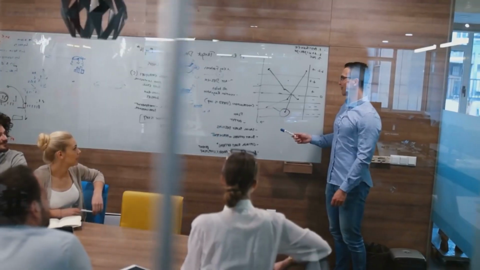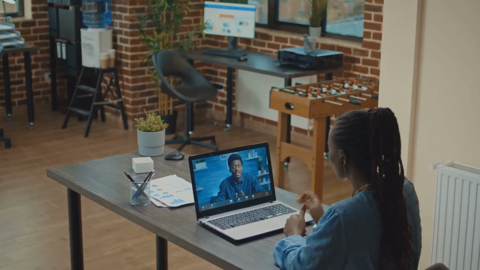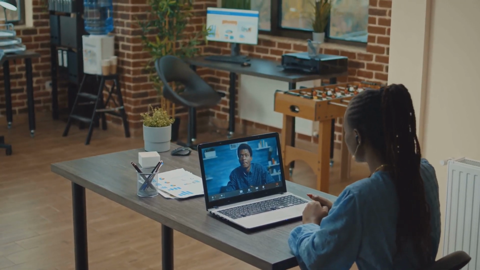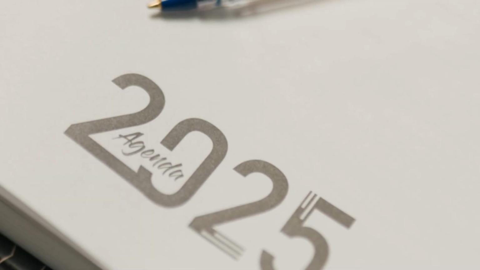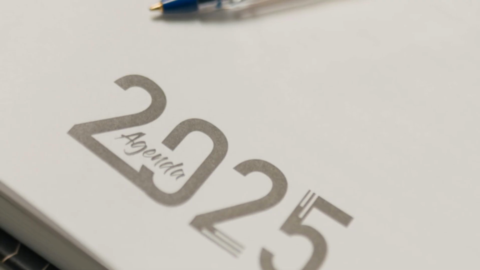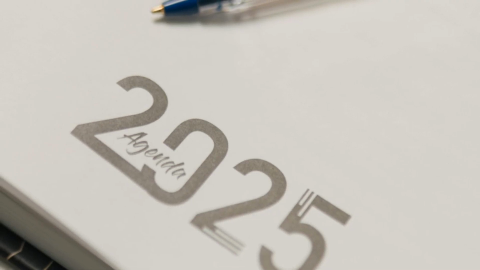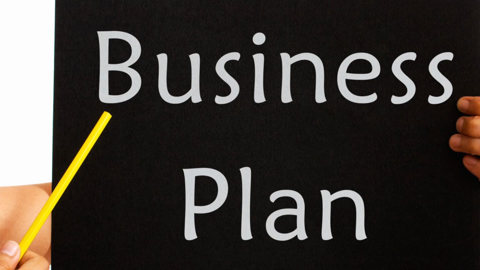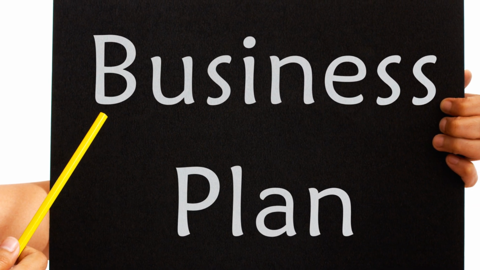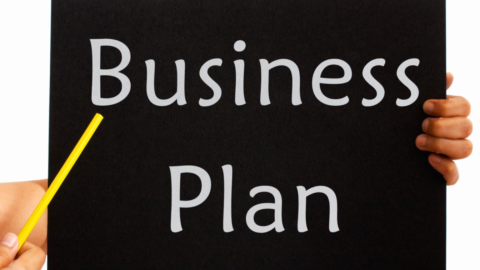Turn each pillar into a theme. A theme is an action direction. Example: expand. Example: automate. Example: enter market. Attach one big action to each theme. For automate, pick a specific tool. State a deadline, like by March. That makes the theme operational and urgent. Themes connect vision to daily tasks.